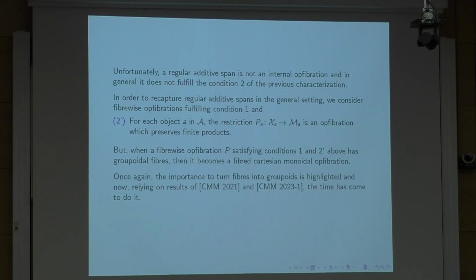Once again, the importance of turning fibers into groupoids is highlighted also in this condition, and now relying on some results in these 2 papers of 2022 and 2023, we can perform this factorization, which is the main